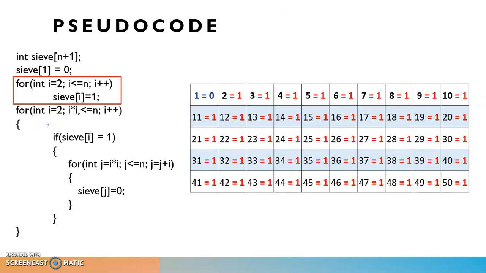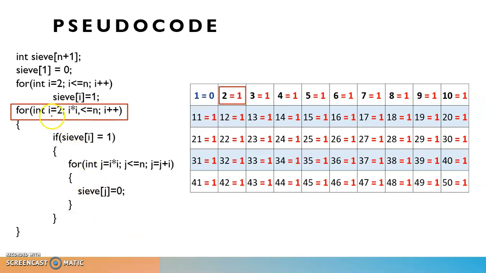Here, as we are starting from index number 2 up to index number 50, as I told you previously, you need to mark all the index numbers as 1. By default, all the numbers are true, that means all the numbers are prime. For the first time, we are considering all the numbers are prime. So we are starting from 2 and ending at n here. All numbers right now are marked by 1. Now, as you marked all the 1s, we are going to find out which are not prime numbers and mark 0 to them, right?